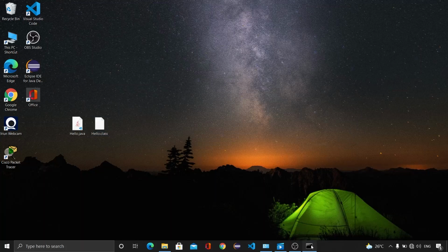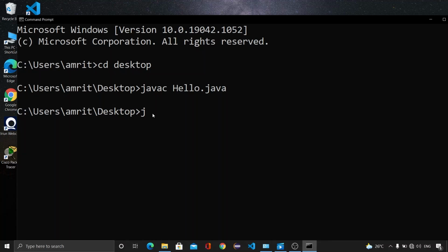After that, we will run this file. To run this file, we have the command java and the name of the file without any extension. So the name was Hello. Okay, and then press enter. Now you are able to see on the command prompt that hello has been printed. So this is how we can run a Java program. Although you can run a Java program with the help of an IDE, which basically beautifies your coding journey. So yes, you can download that too.